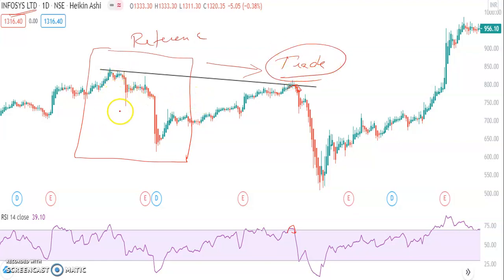Here just see the reference setup, how it acted in the market. In the reference, there is a change in the trend at the trend line. This is the resistance. It took a turn at the resistance, and then RSI goes below 70, so it's actually a sell.